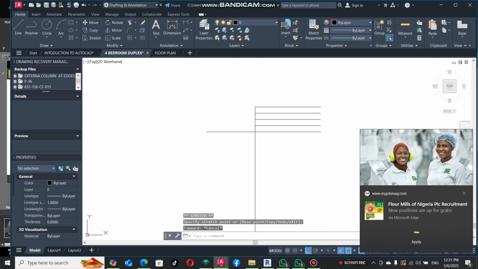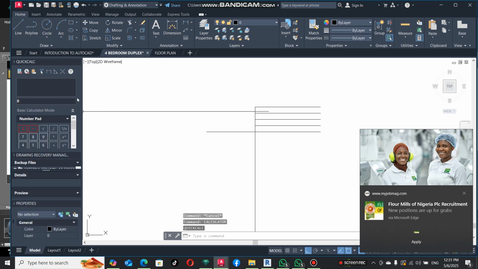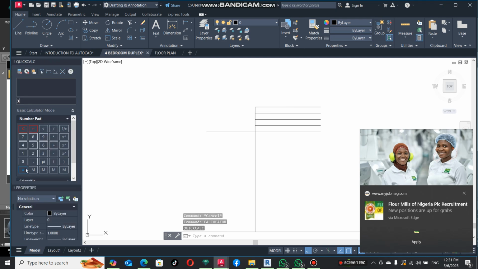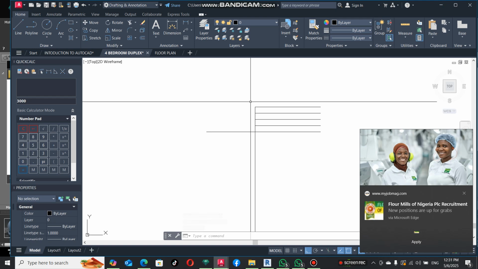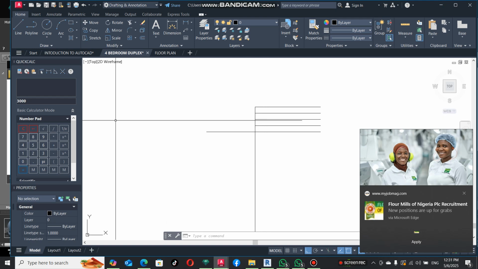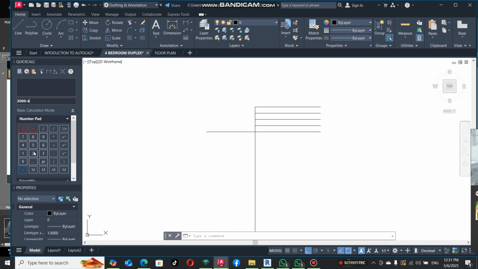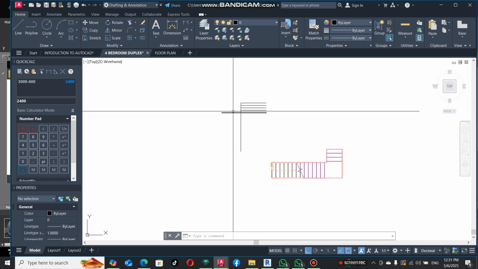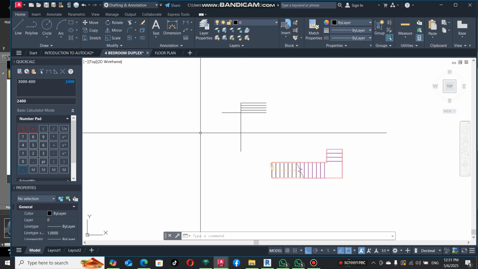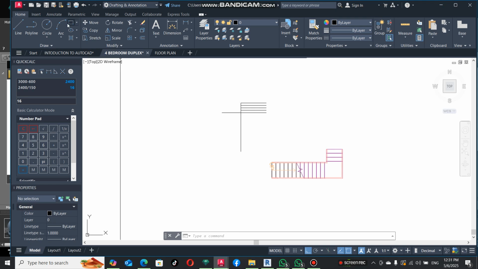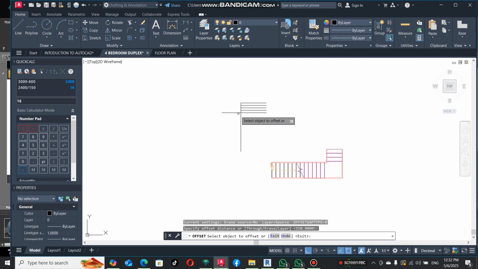The headroom is 3 meters. So 3 meters plus 150 minus 600, I'm left with 2.4, that means from here to here is 2.4. So this 2.4 divided by 150, we have 16 steps. So we are going to come here, pick our offset, 150,